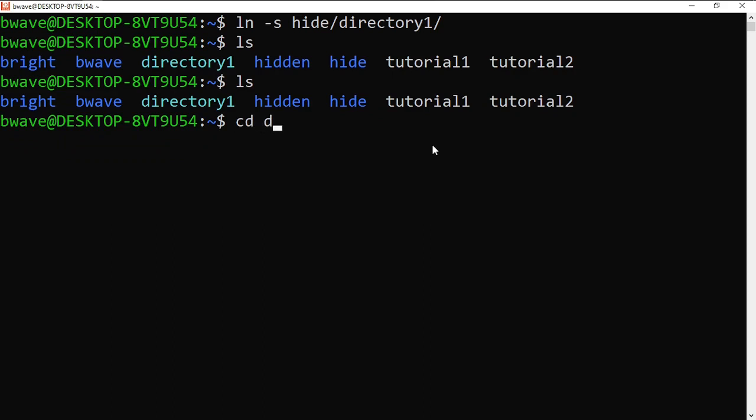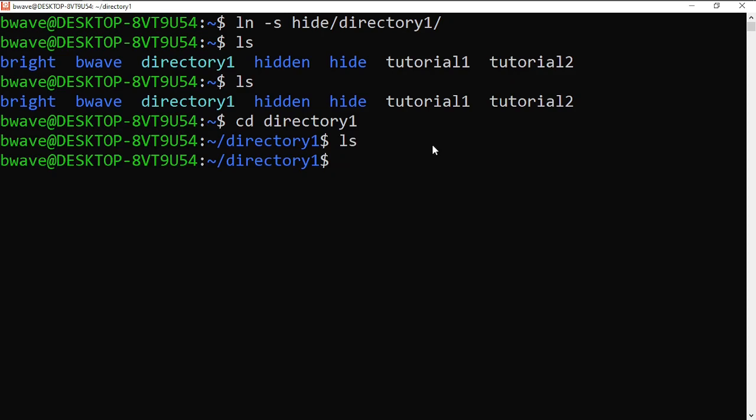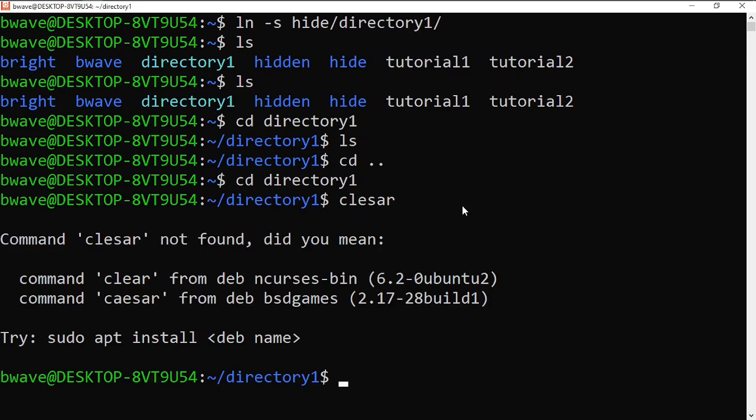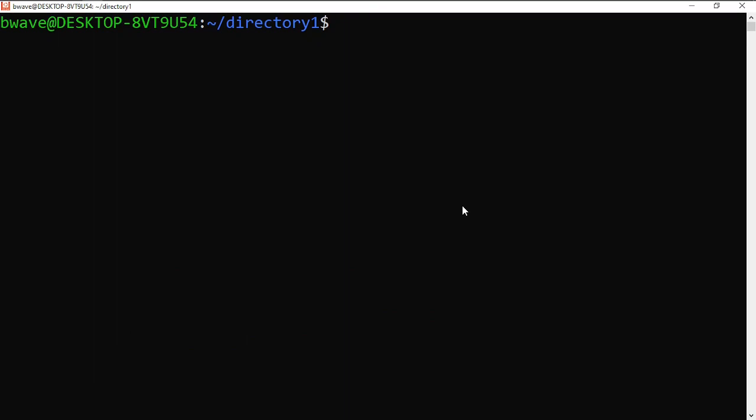I'm going to cd into directory 1 now, and you can see we have a link there in directory 1. So we've been able to create a symbolic link using the ln -s command. Now let's say we want to copy our file. So let me go to my directory 1 where I've created a link now. Oh, I've got a typo there. All right, so in my directory 1,